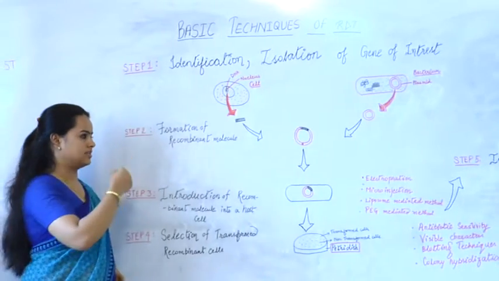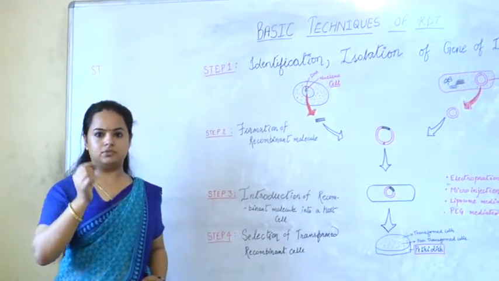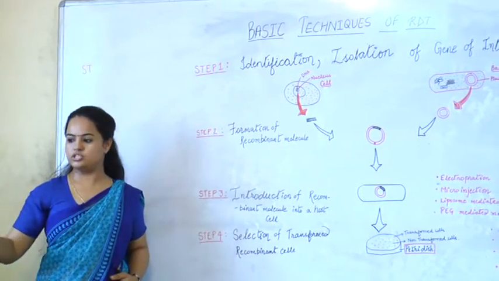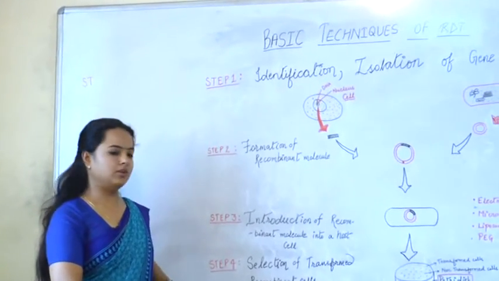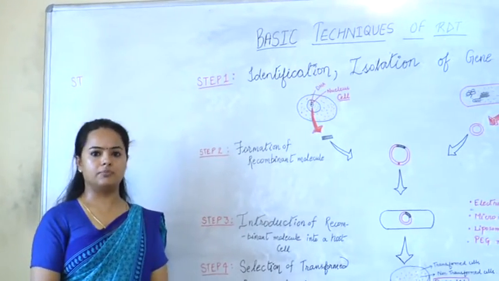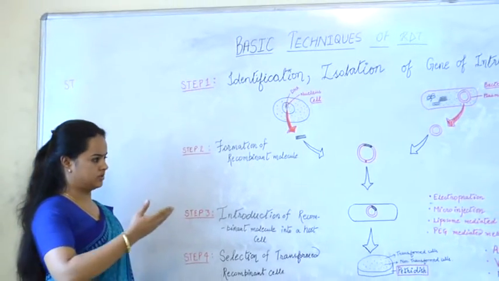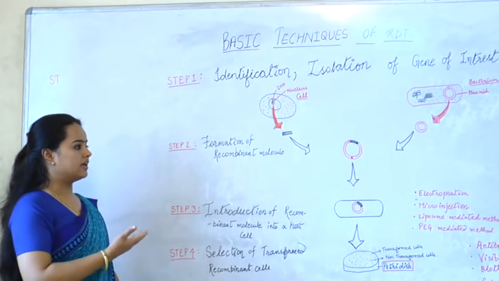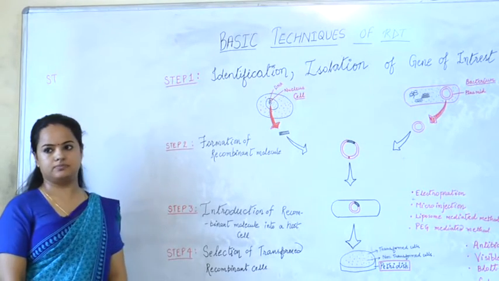So the whole gist of the work is that we want to introduce a very innovative or fruitful gene into a host or bacterium, so that it can be used for the welfare of mankind. A lot of work from 1942 till date has been done, and these laboratories are gaining a very good reputation in the field of biotechnology. Thank you.